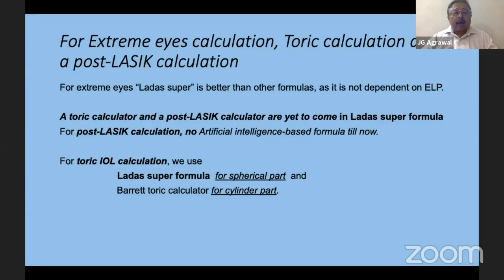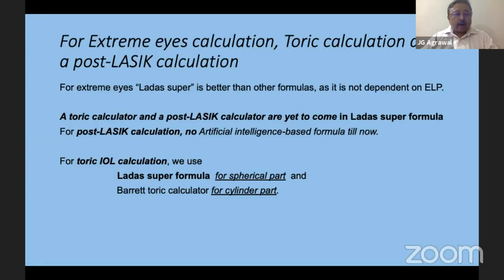For extreme eye calculation, here the LADA super formula is not dependent upon the effective lens position, so it is good for extreme eye calculation. The toric calculator and the post-LASIK calculator are yet to come in the LADA super formula. For post-LASIK calculation, there is no artificial intelligence-based formula till now.